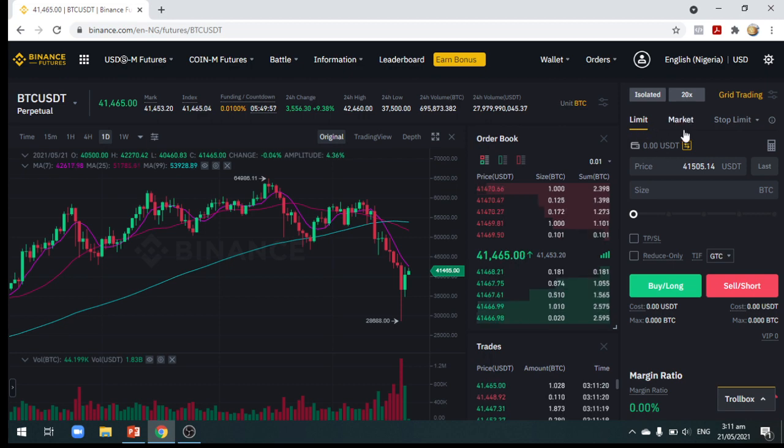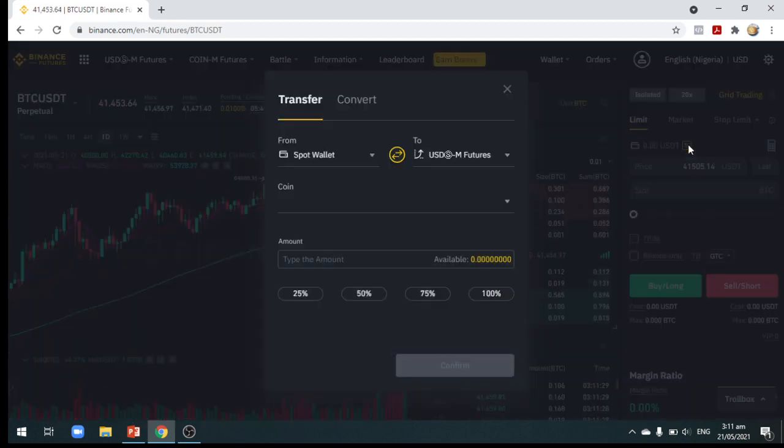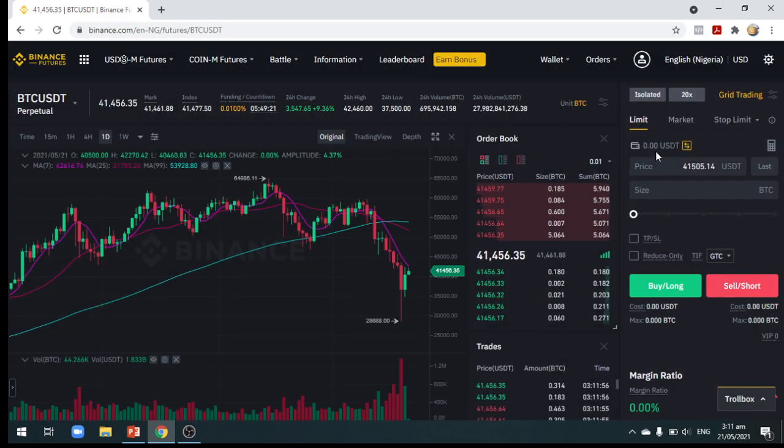But before you get started, you need to have collateral. So what you do, you come over to this point here, to this arrow, click on it, and you'll be able to transfer USDT from your spot wallet to your futures wallet, to your stable coin margin futures wallet. Okay, so all you have to do is put in the amount of USDT that you want to transfer, and then you confirm. Once you've done that, you now have the collateral required to take positions in futures